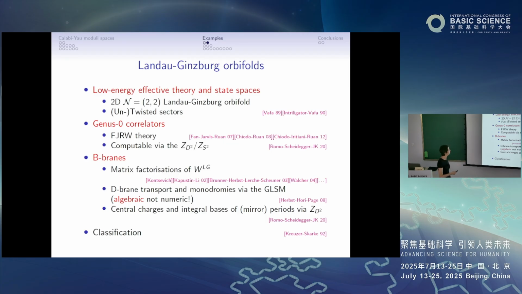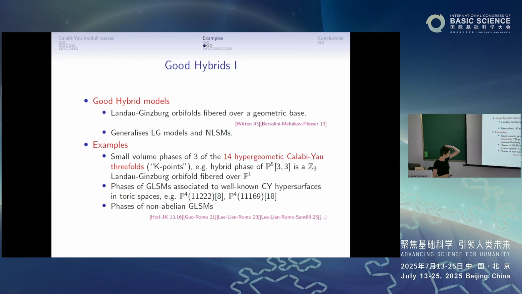All right, good. So let's move on to something which is slightly more exotic, but still very well under control, and this is what I've spent my days with in the past few years. This is what's called good hybrid models. I'm not going to give a definition of a hybrid model because it's too technical for the style of talk I'm giving today. Morally speaking, a hybrid model is a hybrid between a Landau-Ginzburg model and a nonlinear sigma model. So you can view this as Landau-Ginzburg orbifolds, as we just had, fibered over some geometry, like a P^1. And that's already in Witten's paper, and